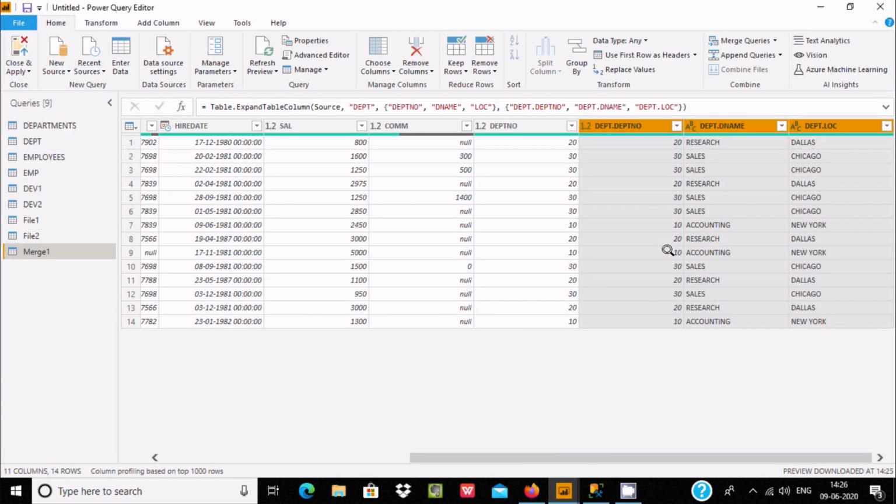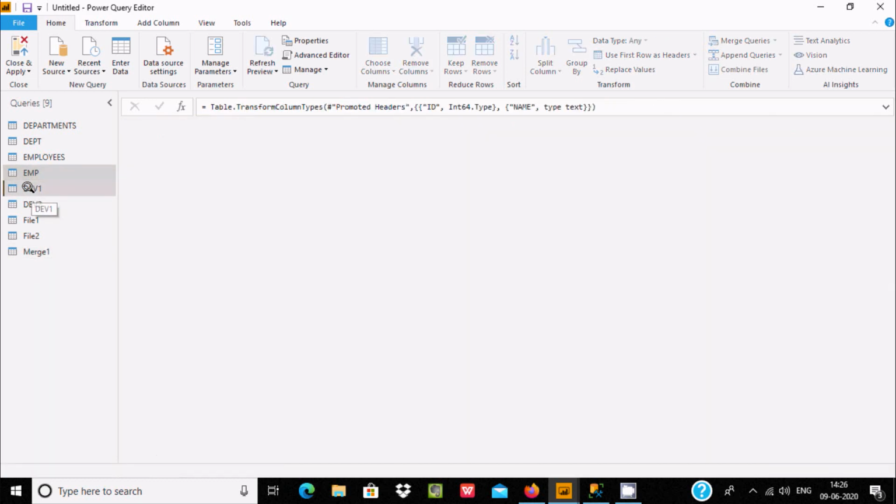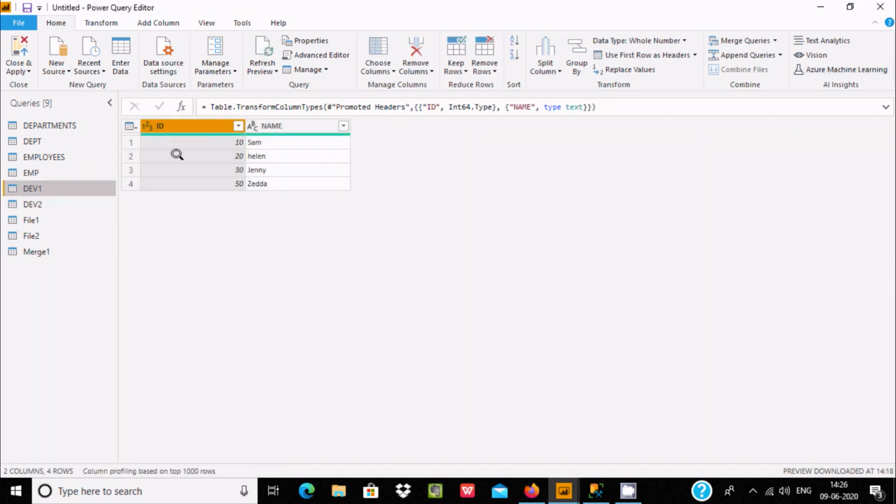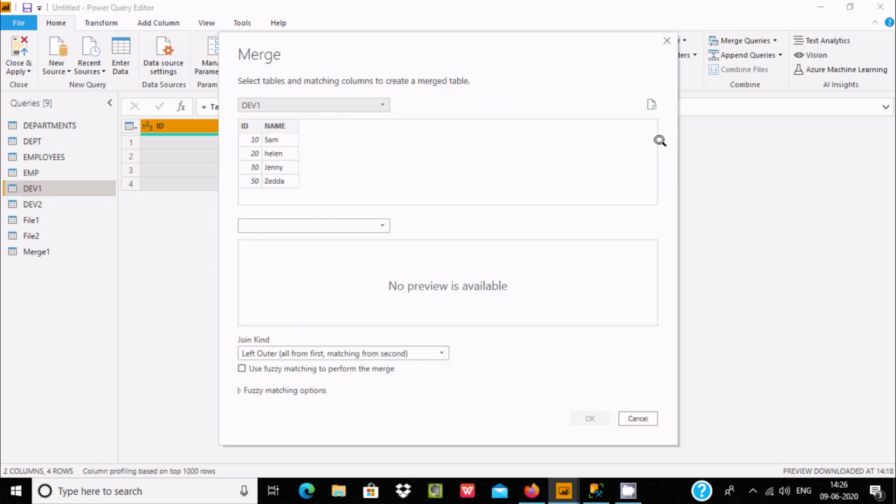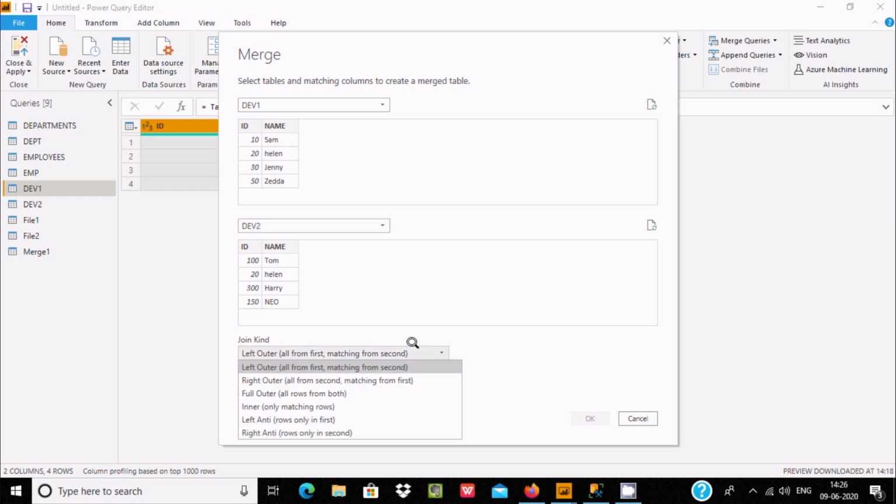Now after that let's take dev1, and dev1 has this record, and this is selected. Click Merge as New. Now I'm going to select dev2, and 20 Helen, 20 Helen are present in both dev1 and dev2.